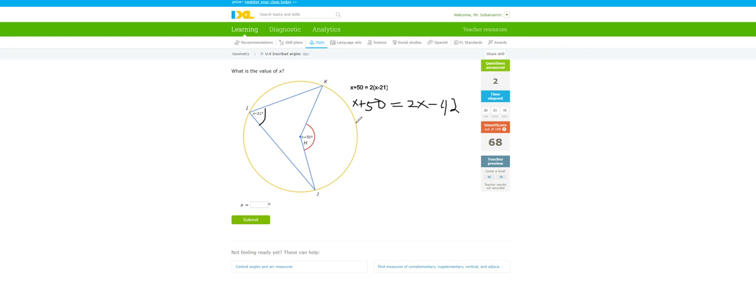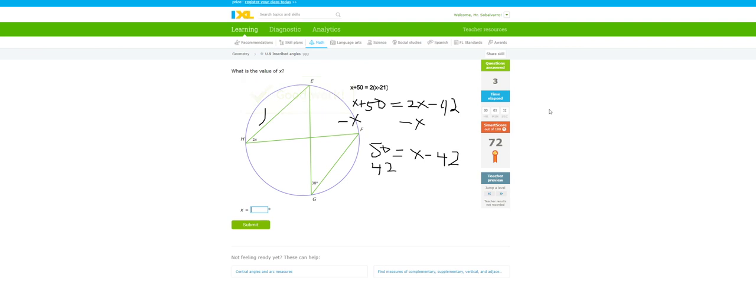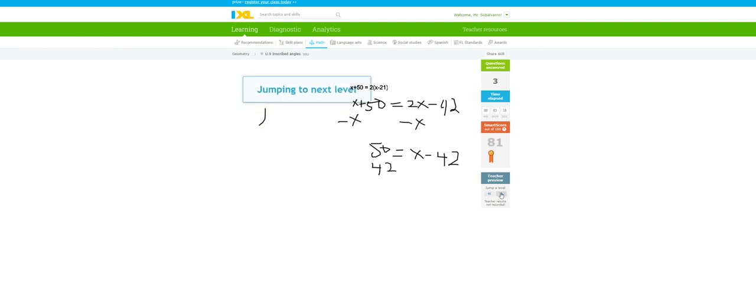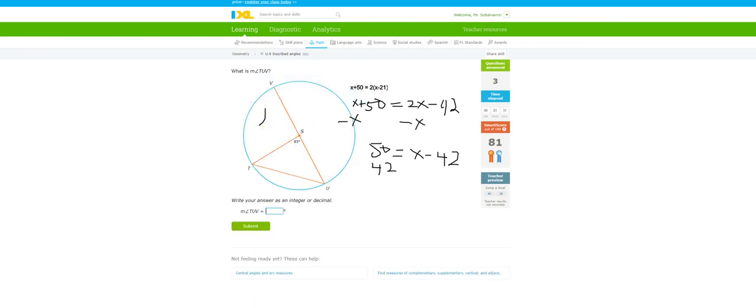and then you go ahead and do the math. You take away x, that will be 50 equal to 1x minus 42, and then you're going to add 42 to 50, okay? So you're going to add that, that will give you 92. So that means that x is equal to 92 degrees. There you go. If I jump another level and see what we got, again, we have that this is a